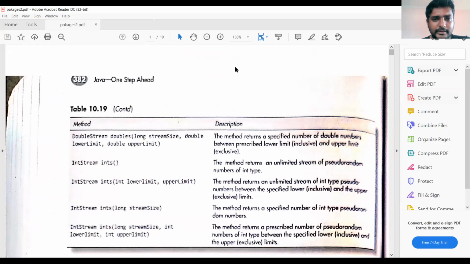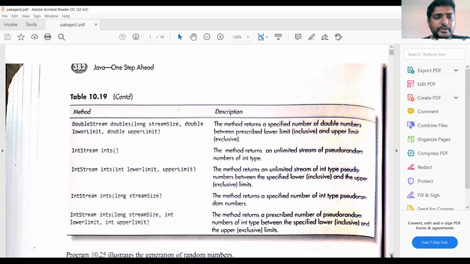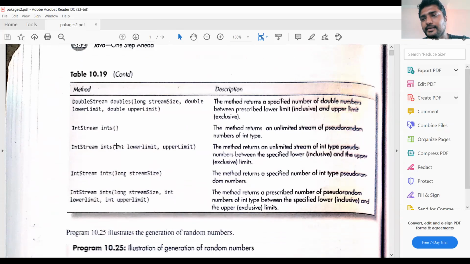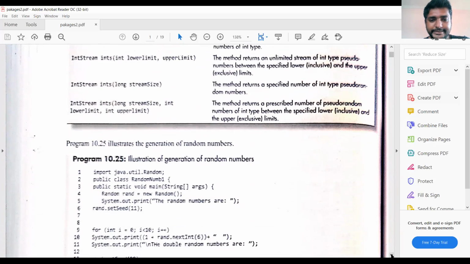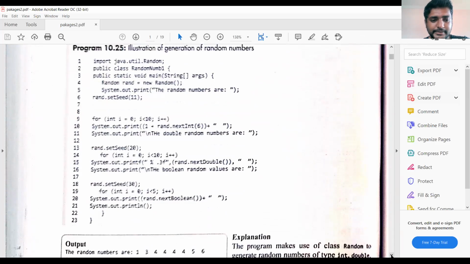These are some methods added in the latest versions of Java: doubles stream, ints stream. So let us have one program to generate the random numbers.